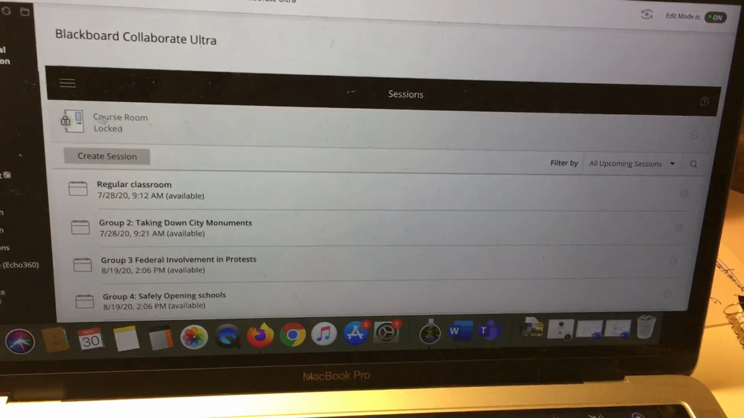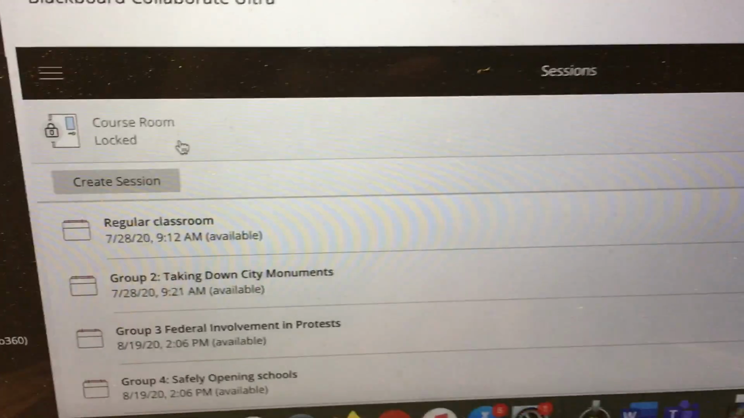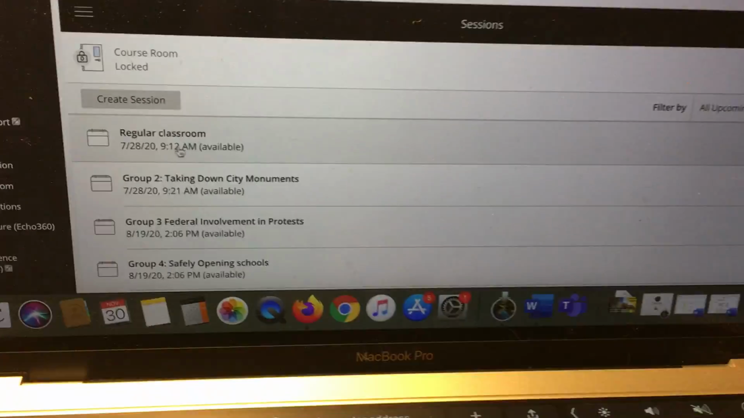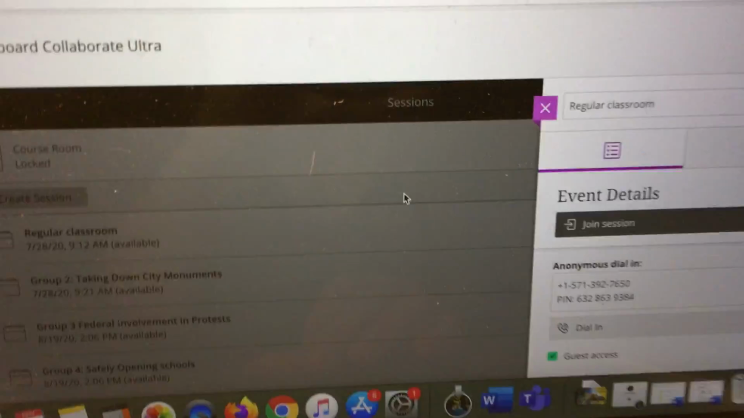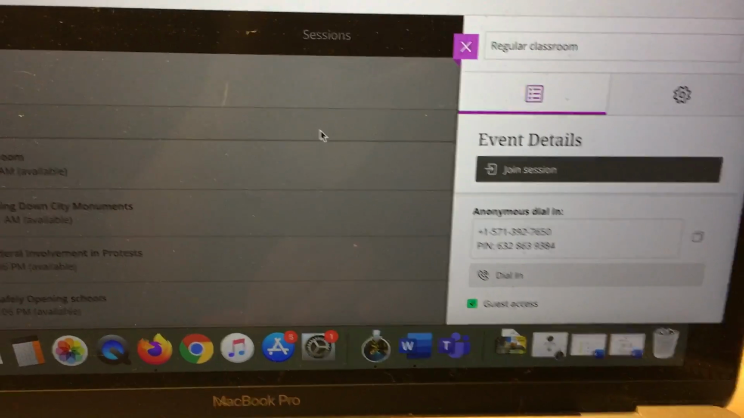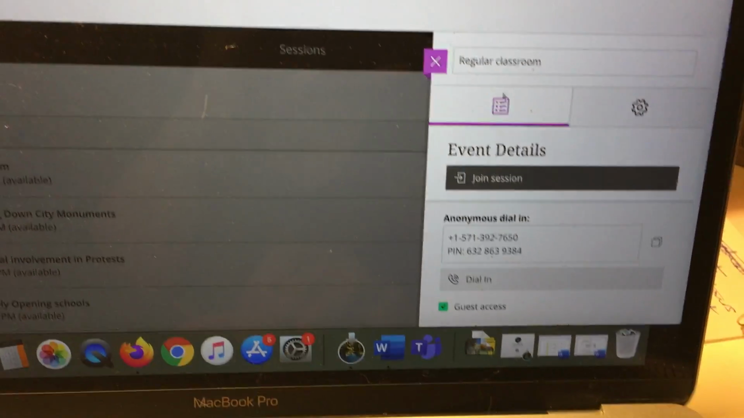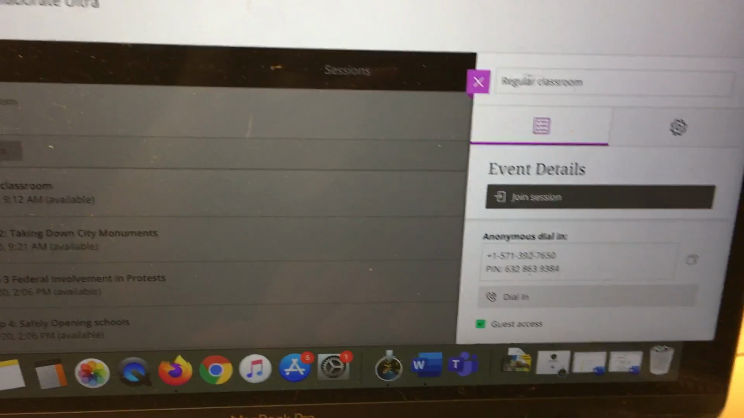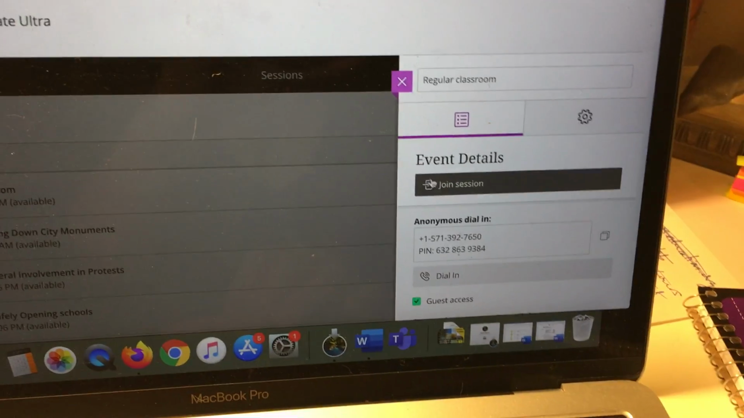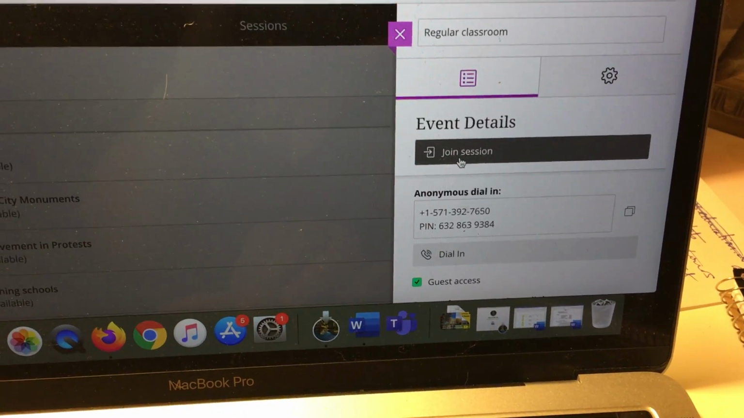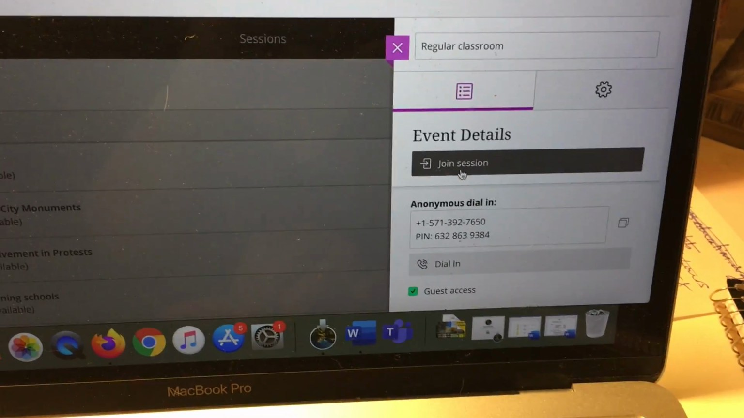But if you're just wanting to record this, mostly you go in and you'll just see this thing that says course room locked. I locked this one. It will be unlocked. You click on that, and I'm going to click on regular classroom because I have that. This is the menu you'll see. It'll say course room up here and not regular classroom, but you can change the names on this. As you can see, it's editable. So you join the session,